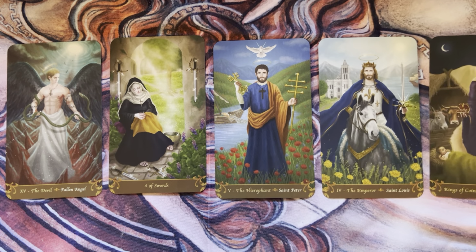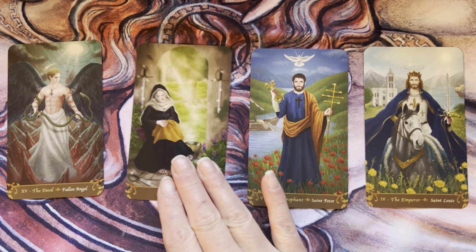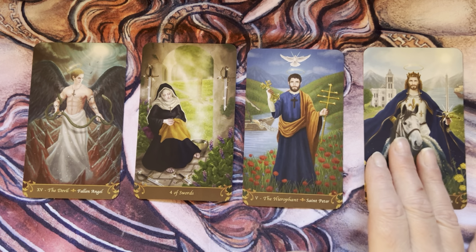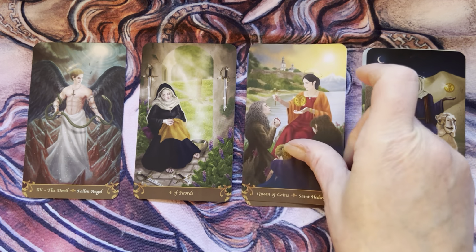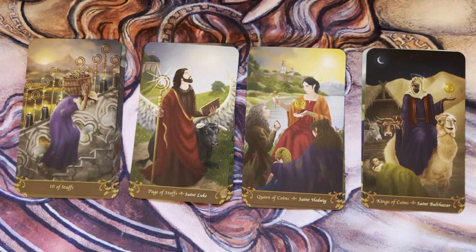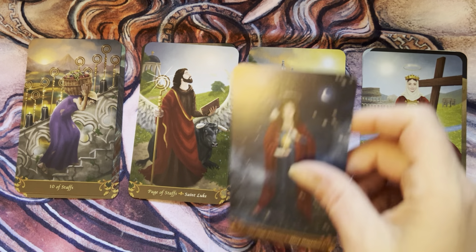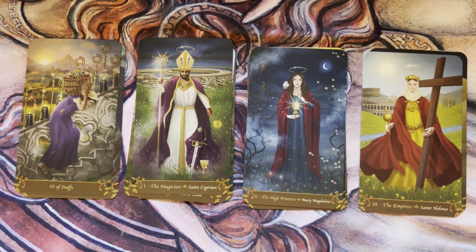This is a lovely, I'm not going to push it. It's a lovely, lovely deck. It really is. There's just something so warm and nice about it. Yeah, and like I said, I really do genuinely